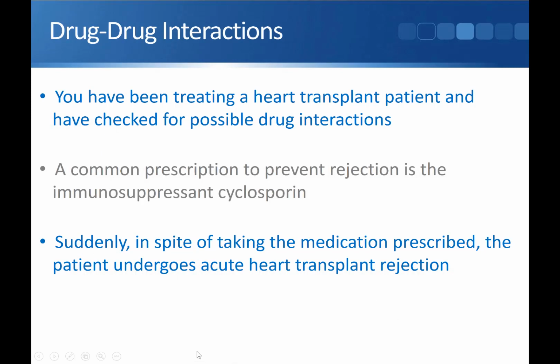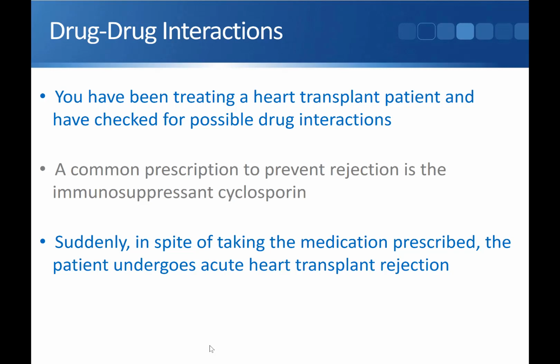Right, next factor that affects metabolism, drug-drug interactions. So drug-drug interactions, obviously, it's a really common thing, particularly in pharmacy. A lot of the basis for drugs interacting with each other can be drawn back to how they affect the metabolism of each other. So let's say you've been treating a heart transplant patient and you've checked for possible drug interactions. When someone's had a transplant, a common prescription is the immunosuppressant cyclosporin, which prevents the body's immune system from